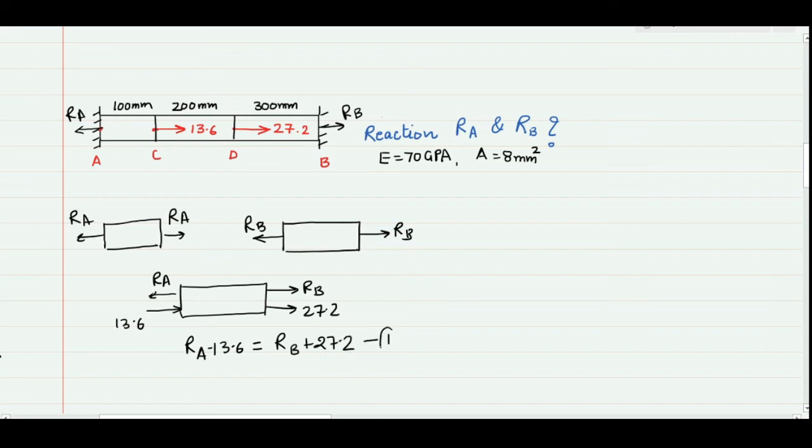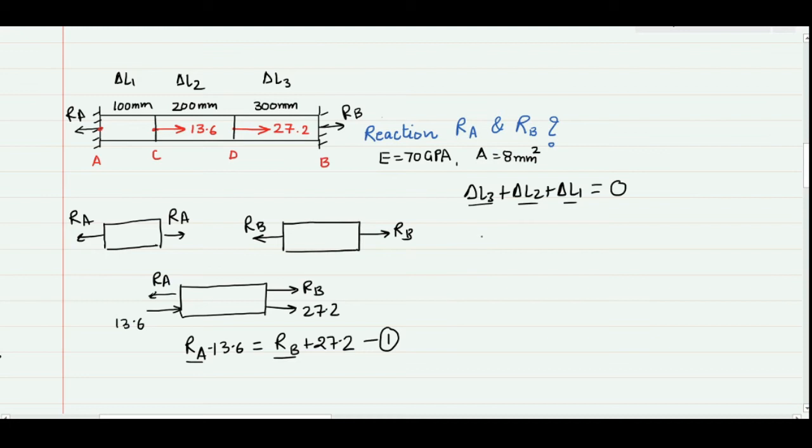My one equation which I have calculated considering the free body diagram. But here I am having two unknowns, therefore I cannot get the absolute value of these two unknowns, and I have to add another equation which will be my deformation equation. So I know that the net deformation of this structure will be 0, but there will be individual deformation. So the sum of the three deformations will be 0, and for individual free body diagram I can write the equation for these three deformations.